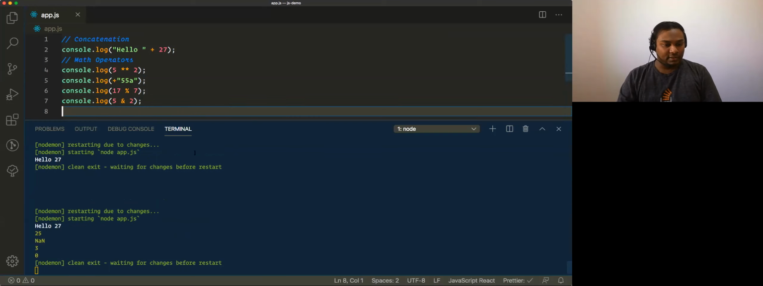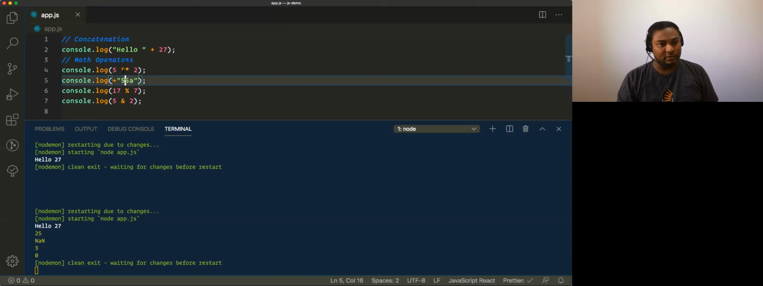So if I save this, the first thing I could see is it's going to do a hello plus 21 or 27, which is hello 27, which is completely understood by everyone. So it's just a concatenation operator. And the next thing we are going to do is the plus operator, which is the